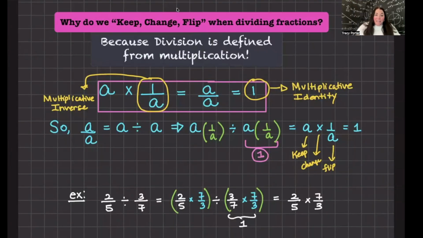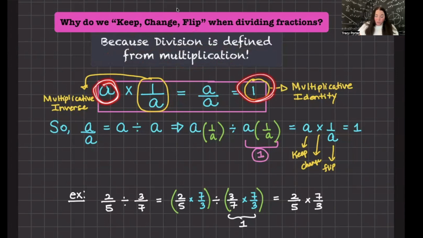So why do we keep, change, flip, do this little math trick when we're dividing by fractions? Well, it's important to know why. It's because division is actually just multiplication. So we need to go back to something called the multiplicative inverse. So the multiplicative inverse says, what can I multiply A by to get back to the multiplicative identity, which is